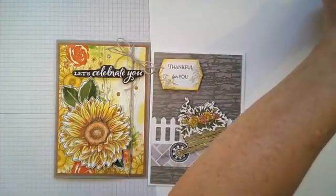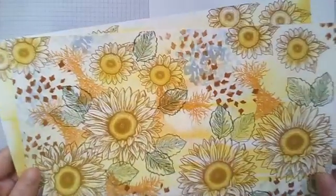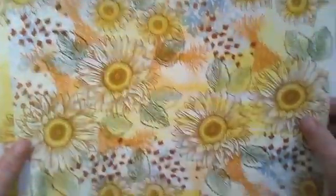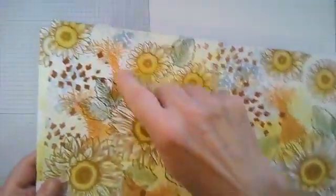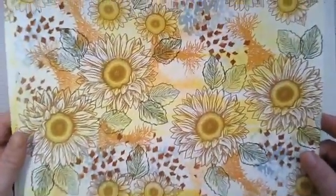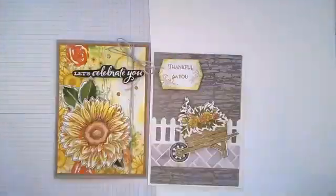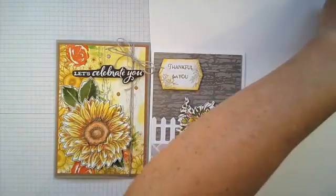I will just go over a few things. When I first get a stamp set, or if I've lost my mojo or just need to find some inspiration, I generally just have a play. So this is what I did at the weekend. I just had a play with my son, did some background, sunflower. This is the wheat from Autumn Goodness. These are the leaves from Life is Beautiful. Just had a play with the one sheet wonder, so I shall cut that up and make something with it. And this one I started as well but didn't finish. So just to show you my process basically. So to start off with,